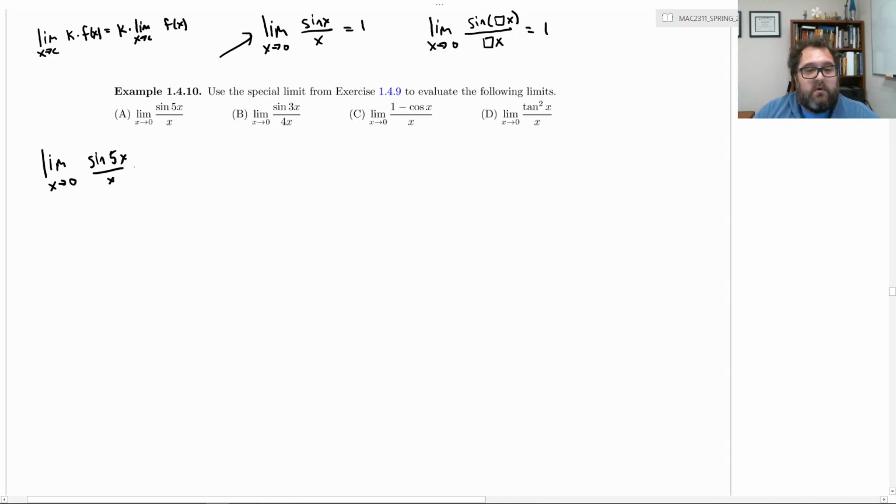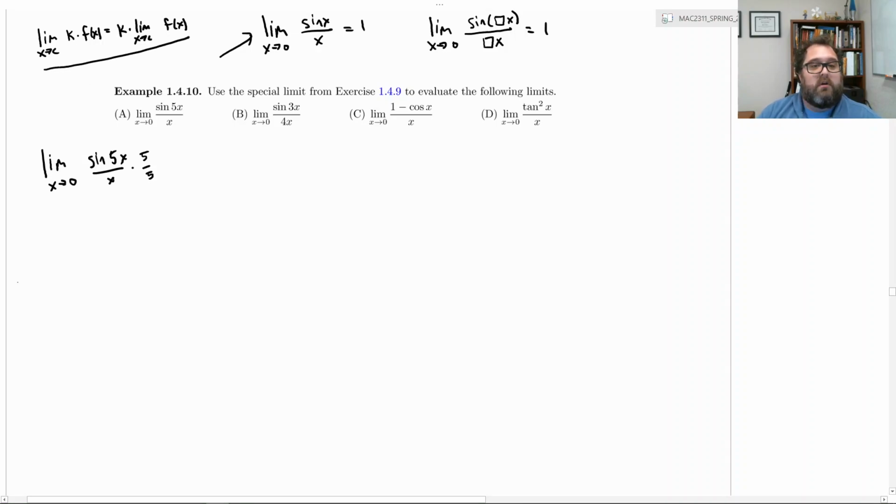But what can I do? What if I multiply by 5 over 5? That's a special version of 1, right? I have not changed the value of the limit. The limit is still equal to whatever it was equal to before. I've only multiplied by 1, which does not change it. But now what can I do? I can use my